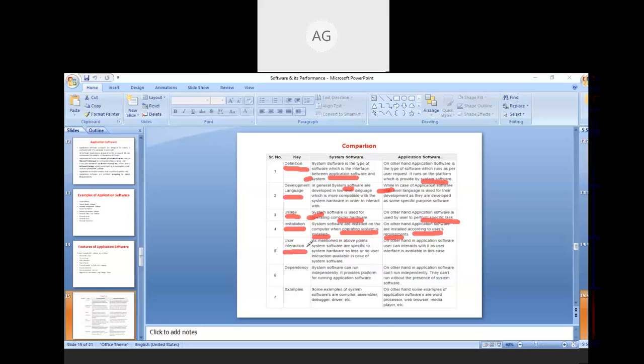And the other difference is user interaction. As mentioned in the above point, system software are specific to system hardware, so less or no user interaction is available in case of system software. On the other hand, in application software, the user can interact with it as a user interface is available in this case.